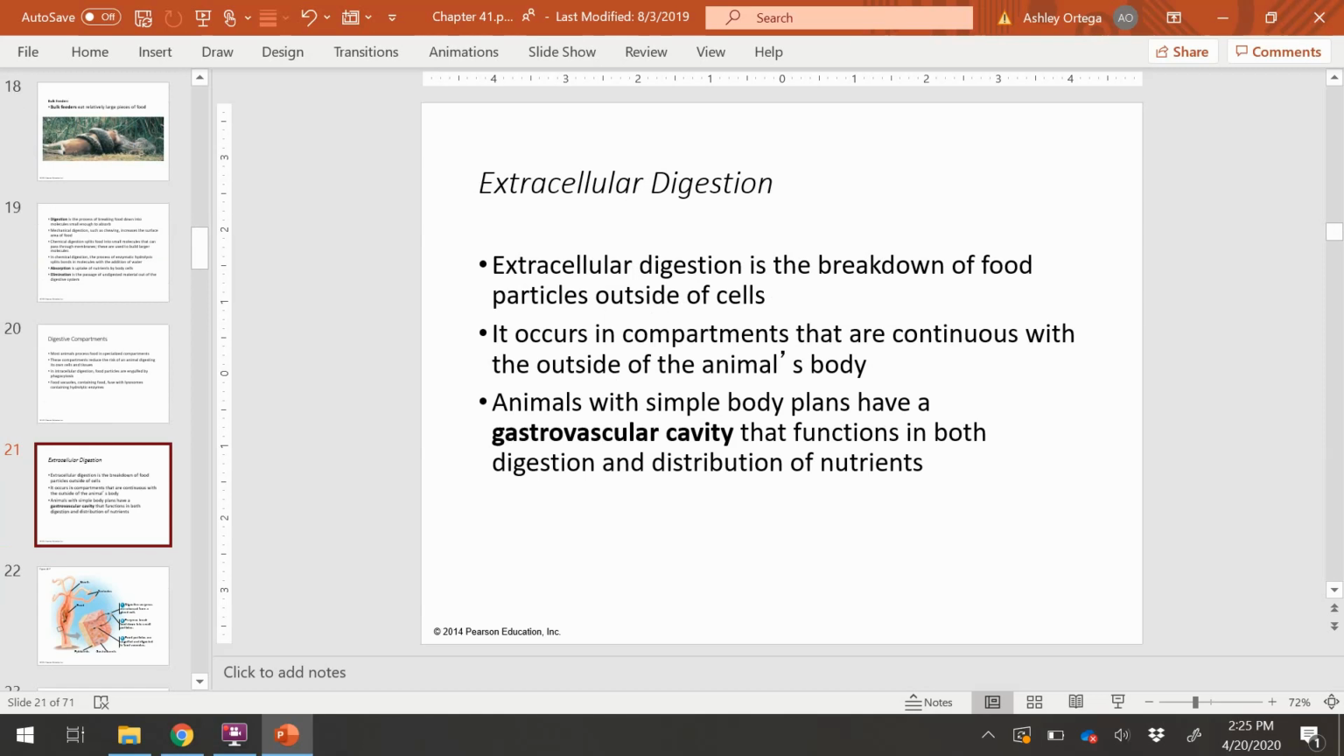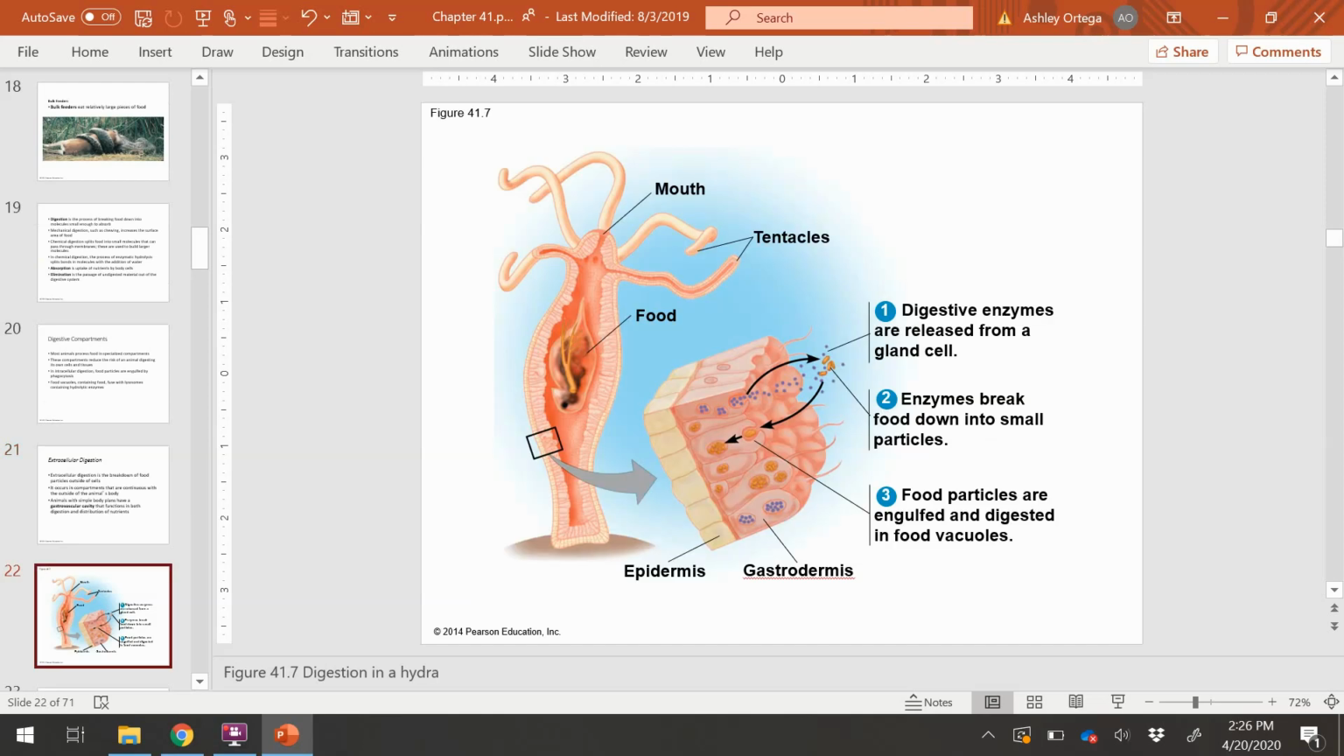But extracellular digestion is what we'll focus on. So extracellular digestion is breaking down the food outside of the cells. It occurs in compartments that are a part of the animal's body. And so an example of this with a simple body plan is the gastrovascular cavity that we saw in previous chapters, that functions in both the digestion and distribution of the nutrients. And so you can see that here in this next picture of the hydra digesting the Daphnia food particle here,